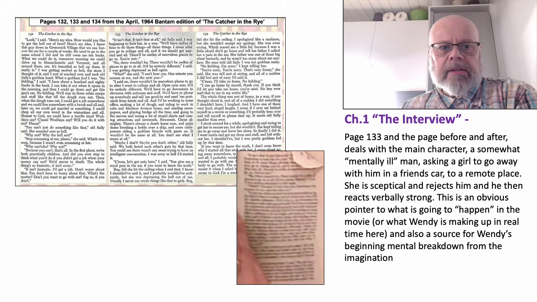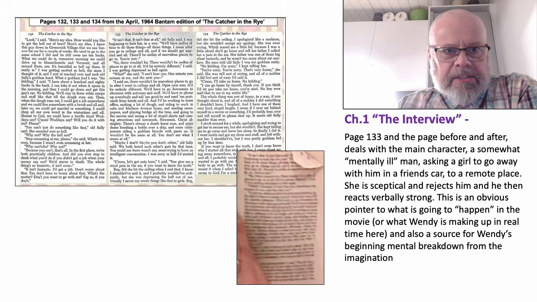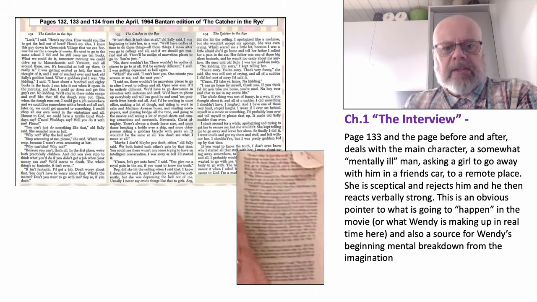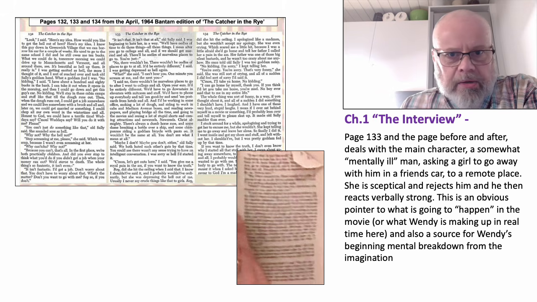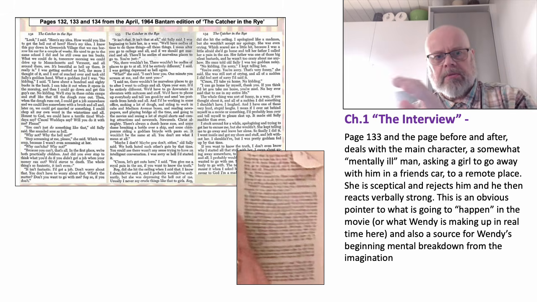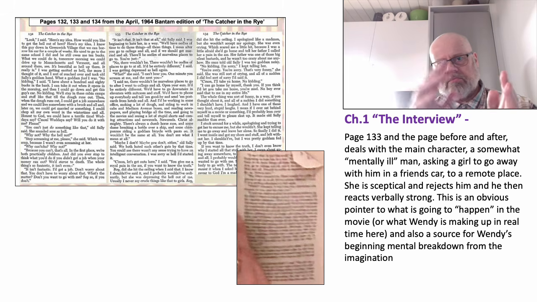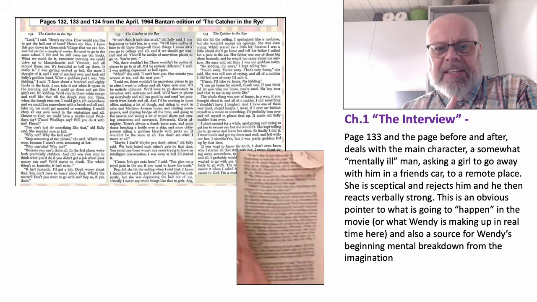Somebody has actually figured out what page it is from the edition, the 1964 Bantam edition of The Catcher in the Rye, where you can see the indents in the text, and it's similar to page 133 and the page before and after, because of where she has opened the book and so on, right? These pages